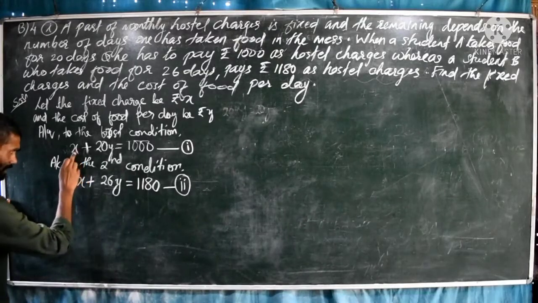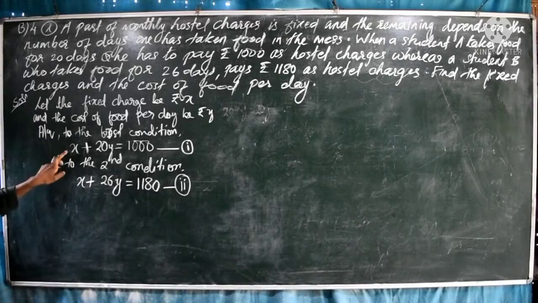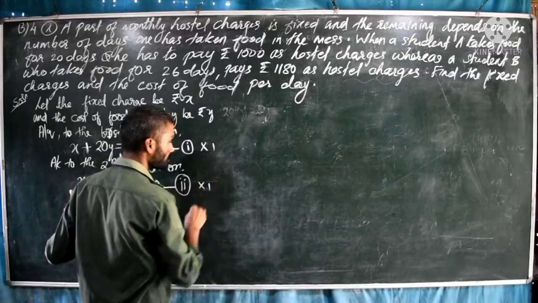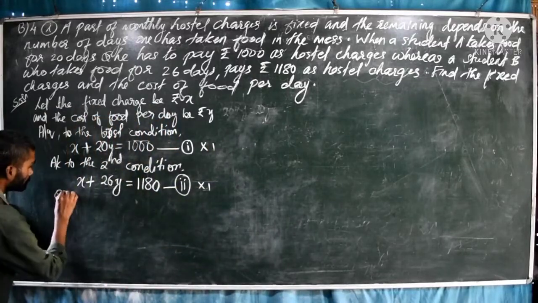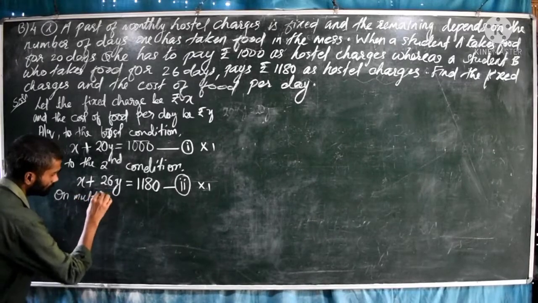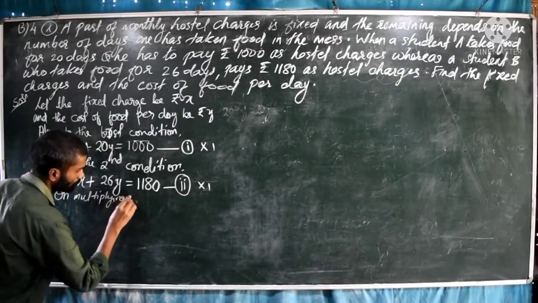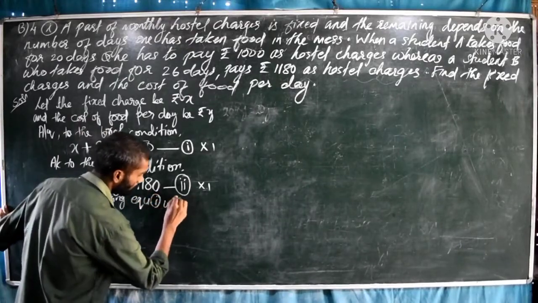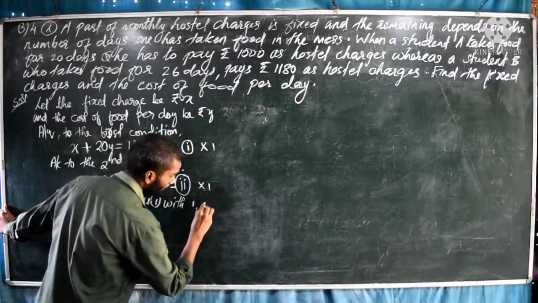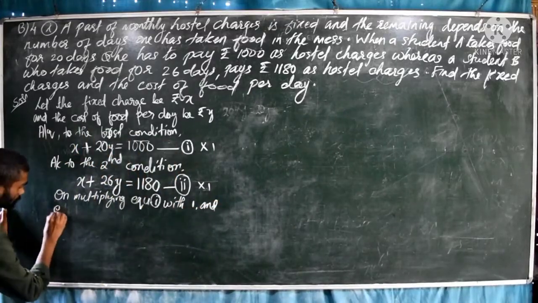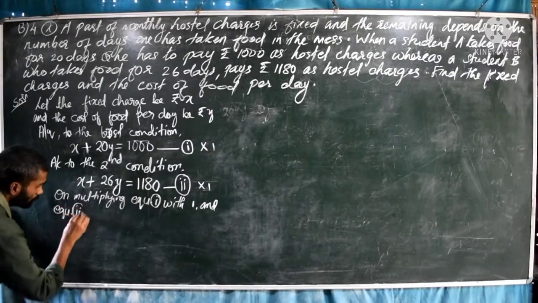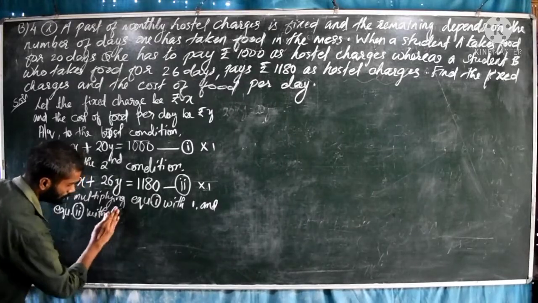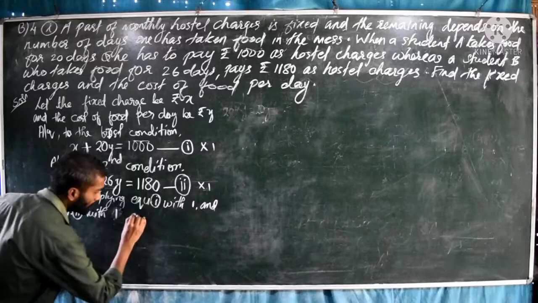So equation 1 and equation 2, here the coefficient is 1, here also the coefficient is 1. So we'll just multiply both the equations with 1. So on multiplying equation 1 with 1 and equation 2 with 1, we get,